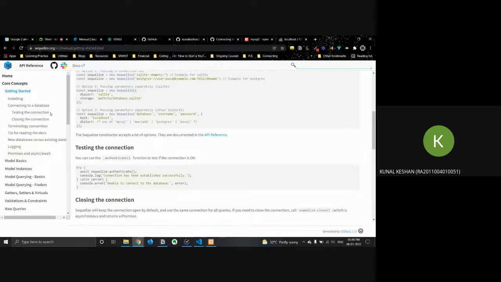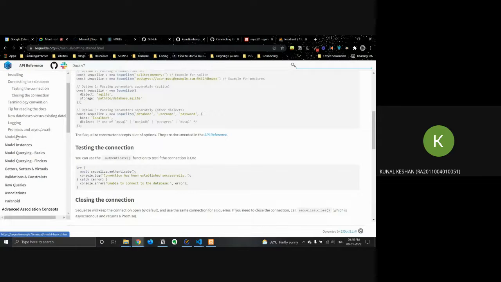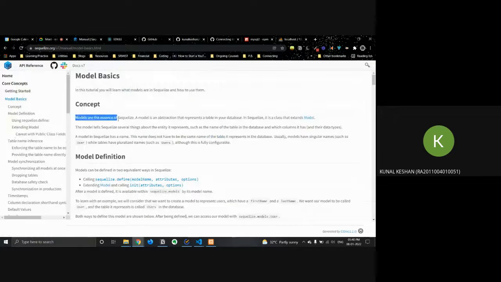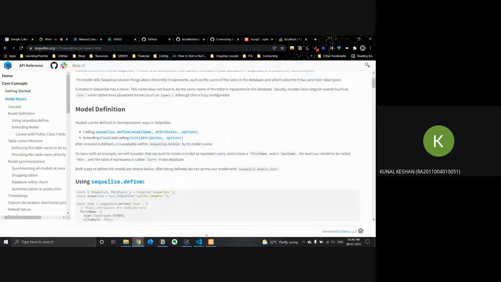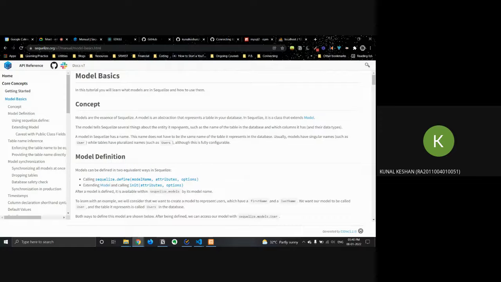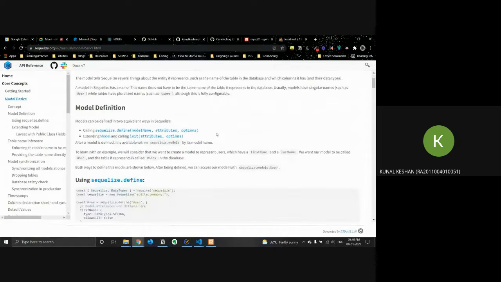Now, I mentioned it creates database tables if they're not there, but created from what? That's why models come in. A model represents a table in your database. We are creating models in JavaScript format, and Sequelize takes that model and converts it into a table in SQL. So let's see how to do it.